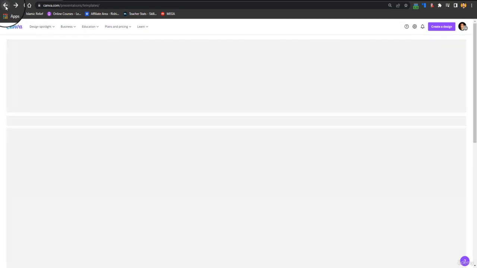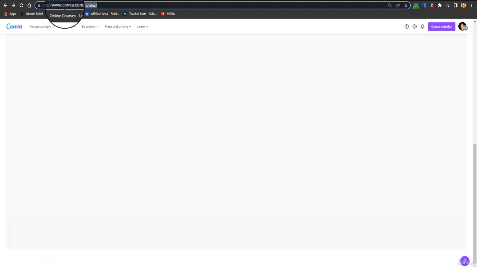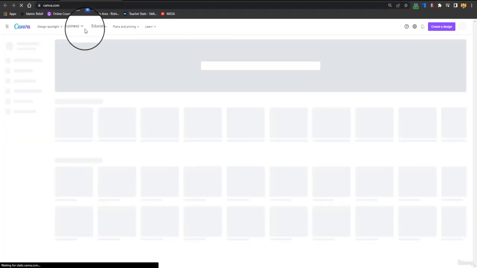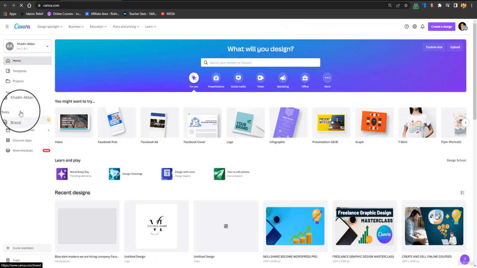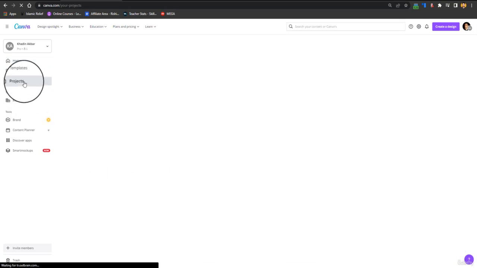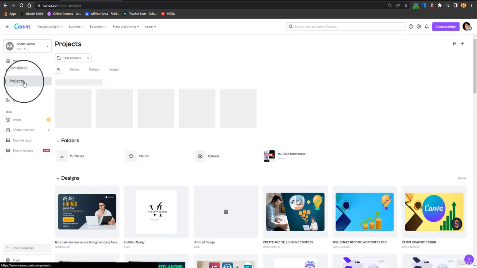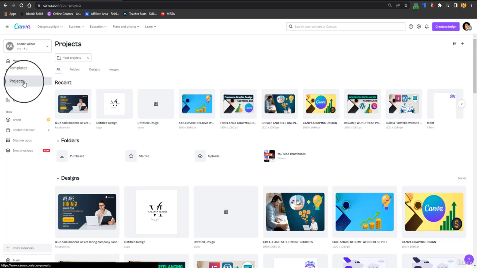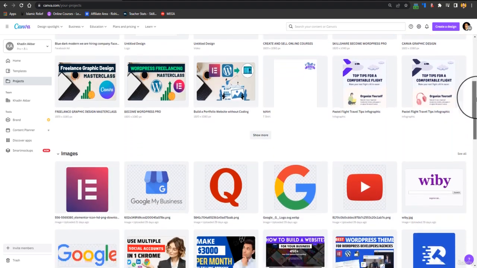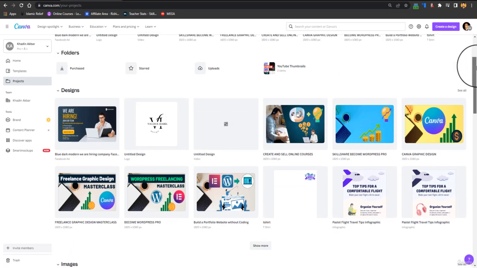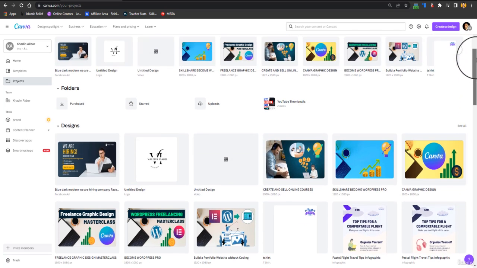some advanced level advantages of using Canva Pro, and we'll just go to Canva home page. And here the next advantage is the folders. Let's suppose you have multiple projects, because you are going to design different kinds of things for different kinds of clients. So what you can do is you can just create new folders, and you can even share it with your team members. And the next important feature is also the team members.